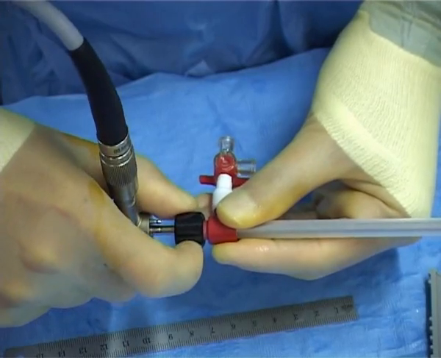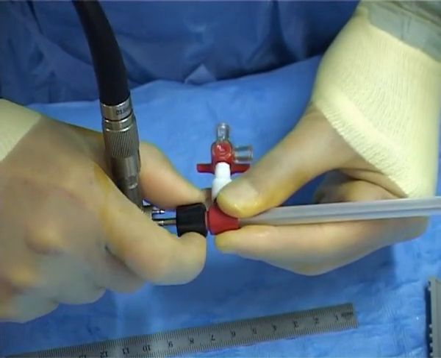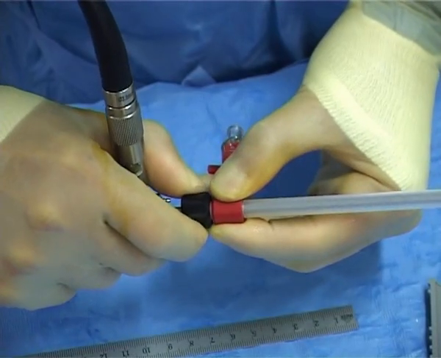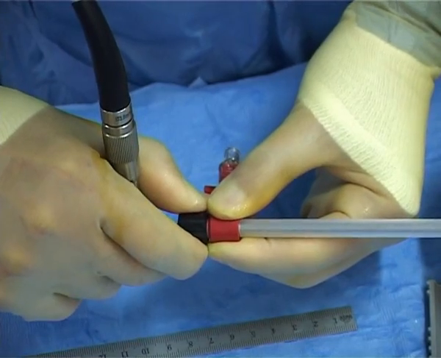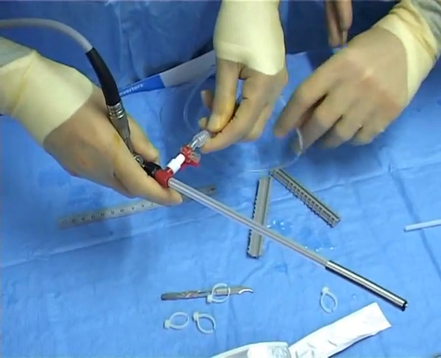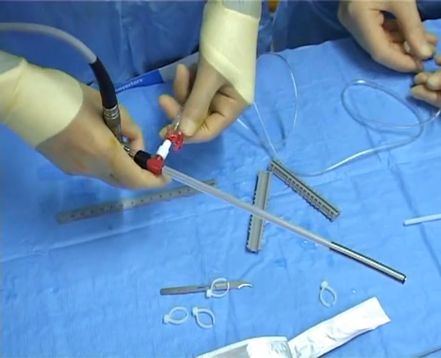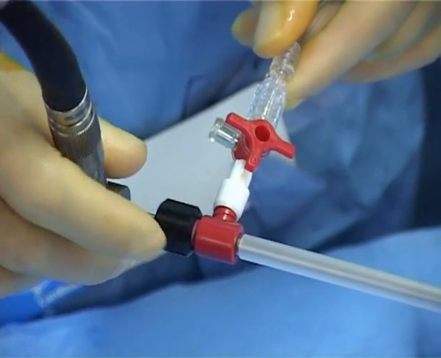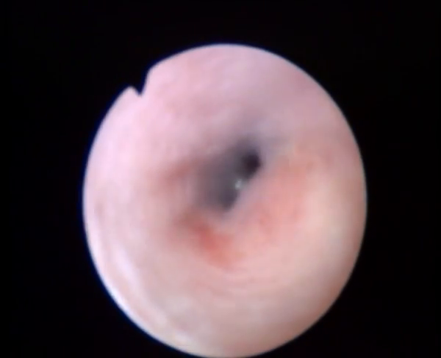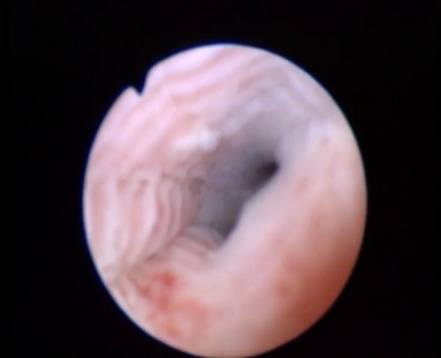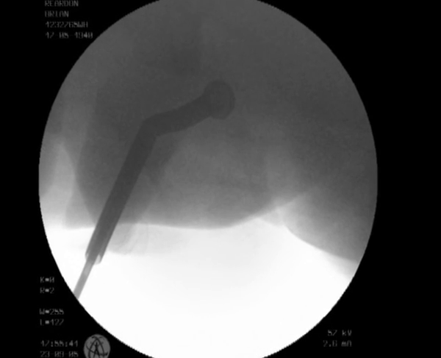The cystoscope is secured at the correct length with the proximal tightening ring. In the correct position, the last 3 windings of the metal stent should just be visible. A feeding tube is attached to the 3-way tap at the side of the assembly. The stent is positioned under cystoscopic control. Fluoroscopy is used to confirm the position.